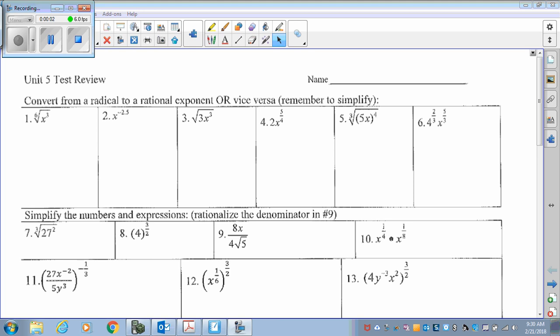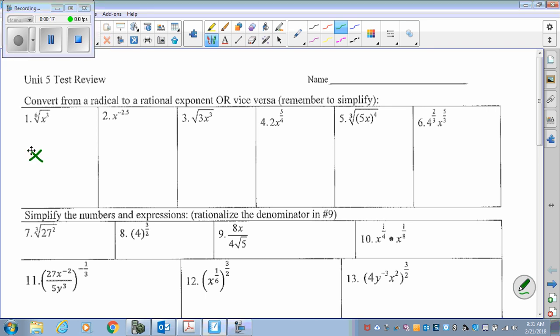So here's our Unit 5 test review. It starts with simplifying radicals and exponents with rational expressions. So we'll start with number 1. We have x, and then remember you always take the exponent,